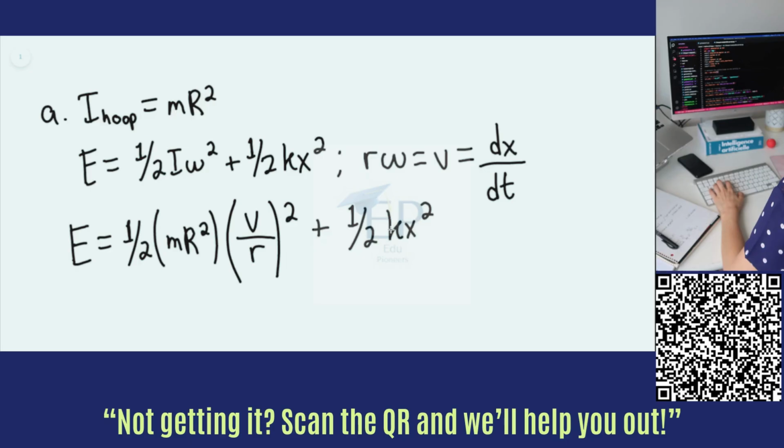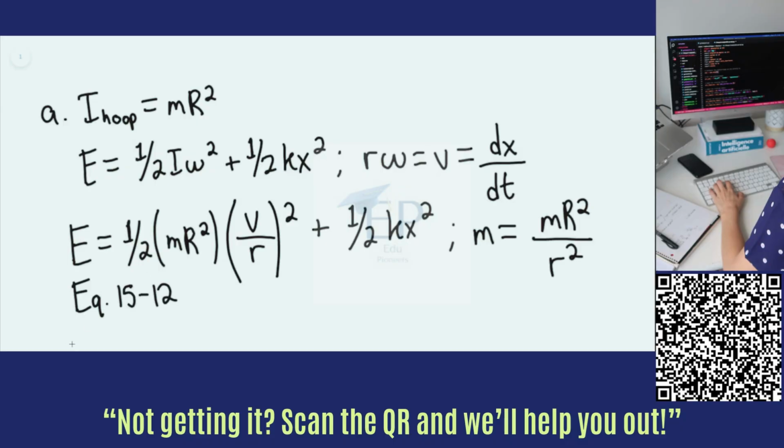This essentially looks like the energy of a simple harmonic oscillator if we identify the mass in the section with the term mr squared divided by r squared. So here, essentially, we're going to say that the mass is equaling mr squared divided by r squared, and we can use then equation 1512,